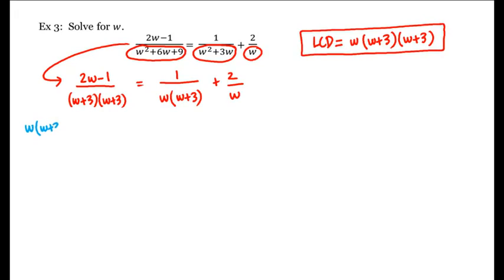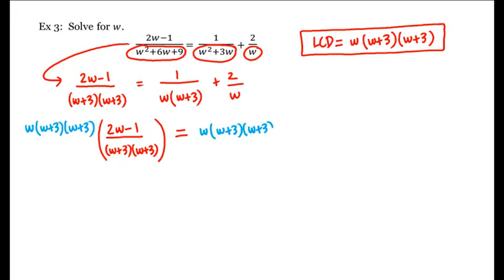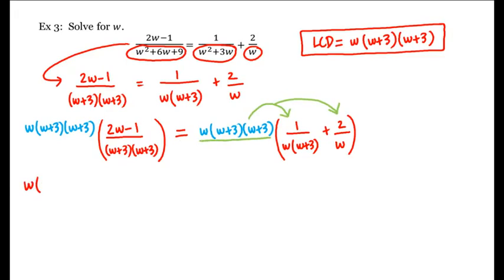That is, we have w times (w + 3) times (w + 3) times (2w - 1) divided by (w + 3) times (w + 3) is equal to w times (w + 3) times (w + 3) times [1 divided by w times (w + 3) plus 2 divided by w]. And now we'll distribute this entire product here to both of these terms, which gives us w times (w + 3) times (w + 3) times (2w - 1) divided by (w + 3) times (w + 3)